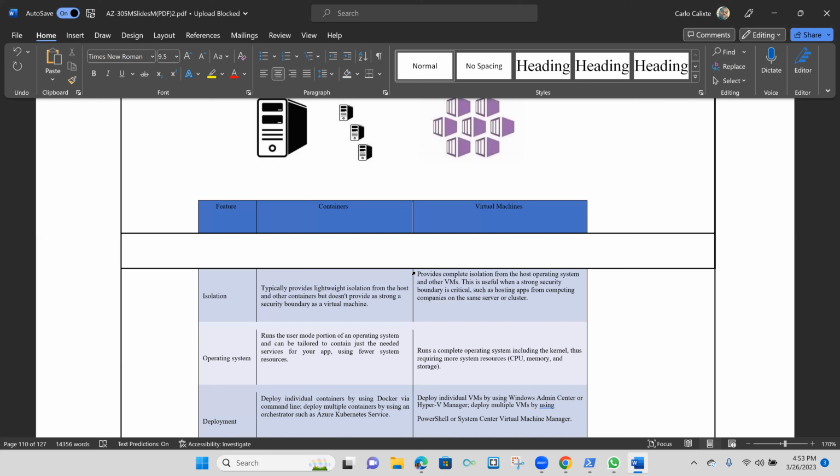On the container side, the container runs in user mode of the operating system. It contains just the services we need for the application to run. Therefore, it uses fewer resources than our typical virtual machine. So it's a little more efficient. On the deployment side, we can deploy containers such as Docker,